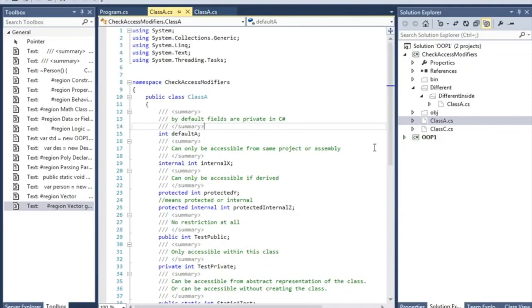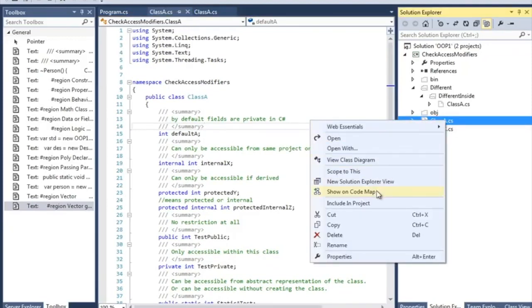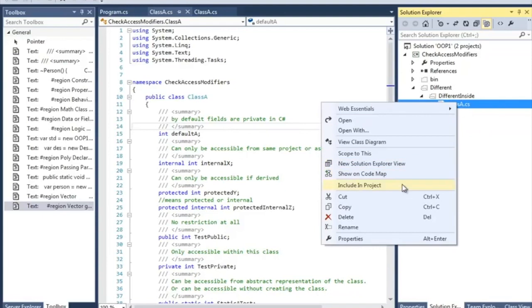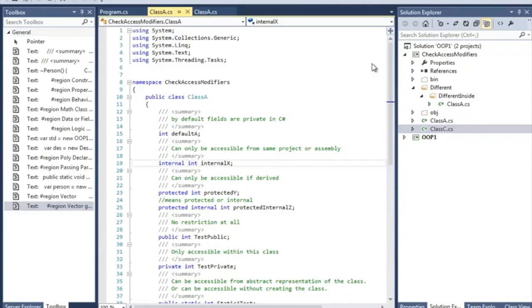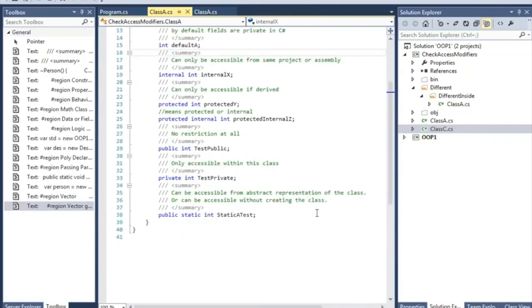So if I include these files in my project, let's include the class C as well, what should happen is at compile time they should be in the same class.